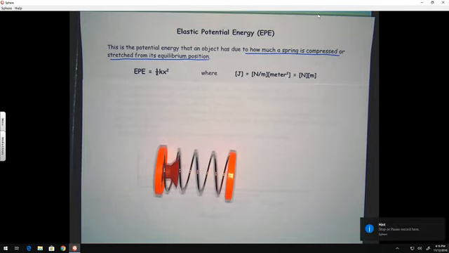Hi. Okay, so in this video I'm going to talk about elastic potential energy, otherwise known as EPE. And this is the potential energy that an object has due to how much a spring is compressed or stretched